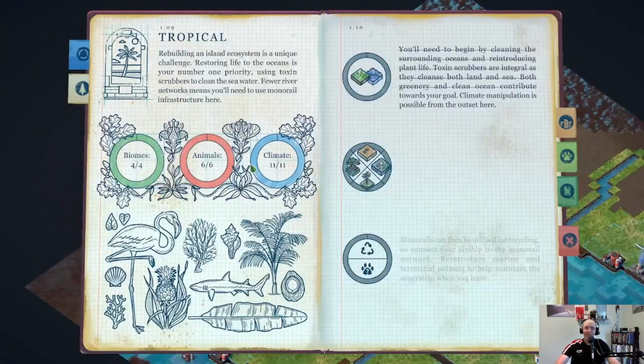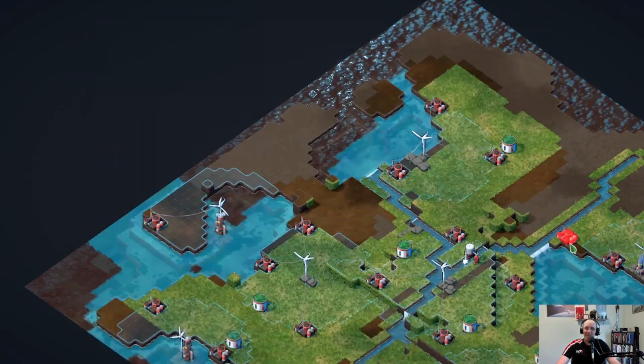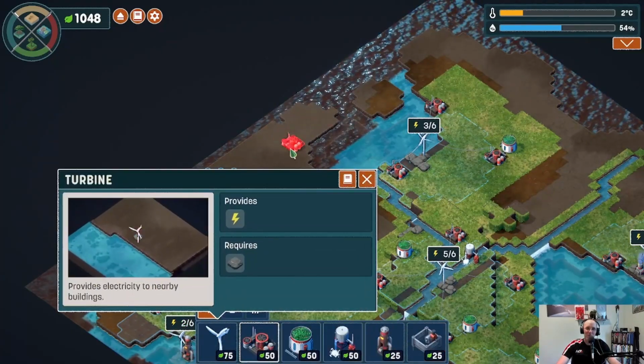Hit 100% there. The game has a book that kind of gives you paths to do. So you can see this is cleaning surrounding oceans and reducing plant life. The next step is increasing biodiversity. And this might actually be one of my... Nope, stop game. One of my...